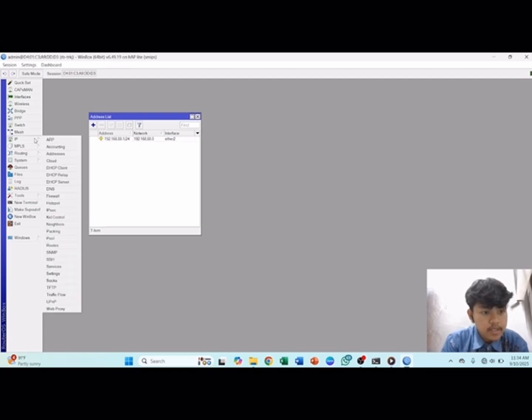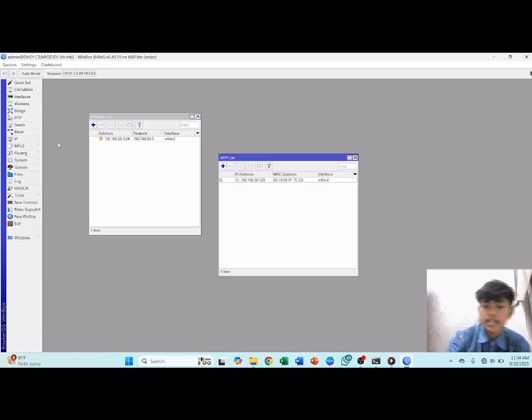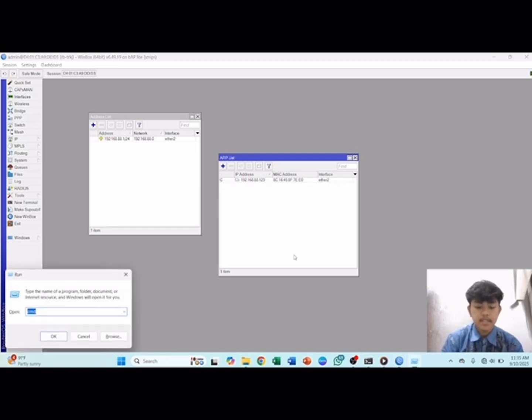You can click IP and ARP list, and here is my IP address. It must be C or complete, and you have to check in the CMD or command prompt. You can click Windows and R and enter.